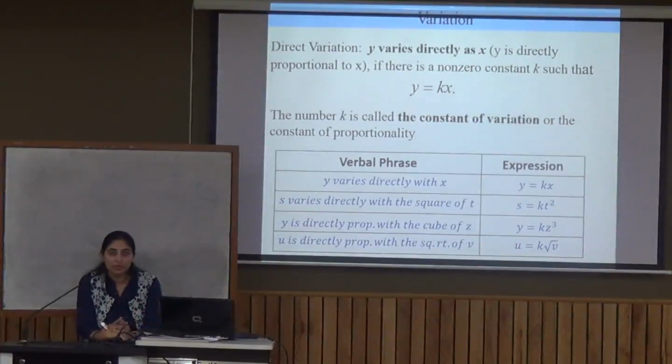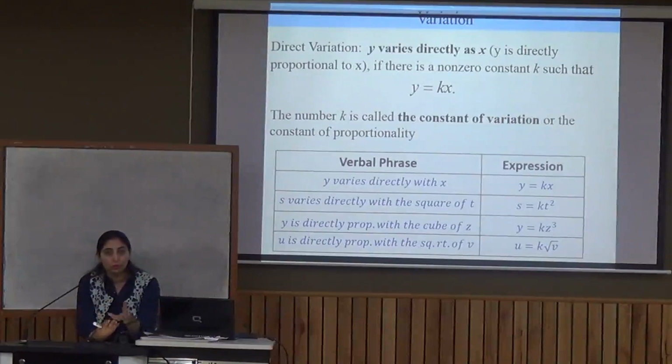Now can you cite certain examples of direct variation? Where could you see a direct variation in your day-to-day life? For example, if the cost of 5 kg apples is rupees 100, what will be the cost of 7 kg apples? Of course, it will be more than what was earlier told. So we can see as the weight increases, the cost will also increase. Weight of books, 5 books is supposedly 10 kgs. If I add more books, the weight will increase.